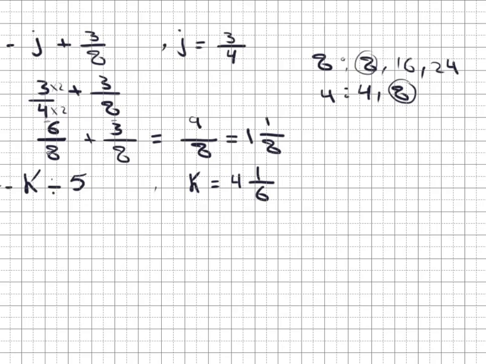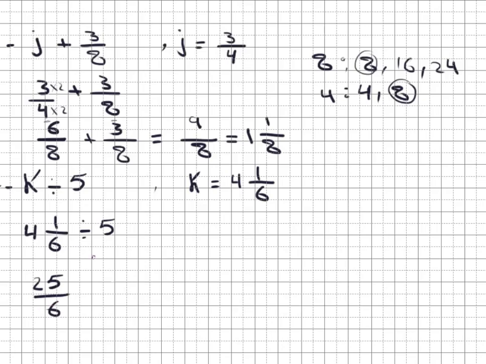Another expression here: if we have k divided by 5 and k equals 4 and 1 over 6, we can substitute in the same way 4 and 1 over 6 instead of k divided by 5. We said before we have to change any mixed number to an improper fraction if we multiply or divide fractions. Here I will change this mixed number to become 4 multiplied by 6, the answer is 24, plus 1, 25